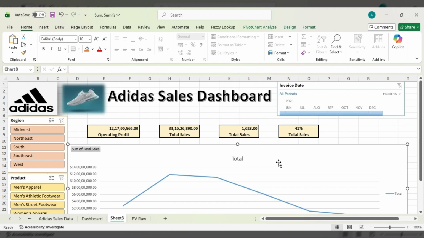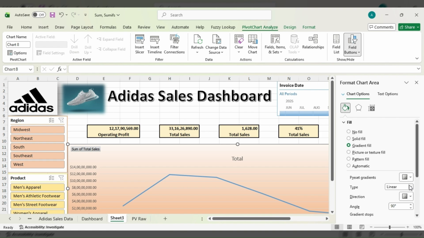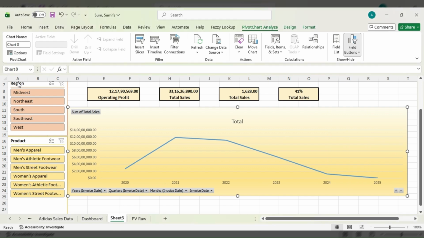Okay, now to format this chart area, double click. Let's go for gradient fill. It has considered this color. You can change it to another color if you want, like this. Then in this chart we can see this legend, it's not required, and you can remove this y-axis and add the data label. For that, click on this chart area, or do a right click. You can see your chart elements, remove that legend, gone, and remove the grid lines, it's gone. And to x-axis